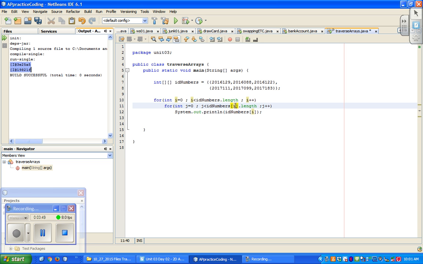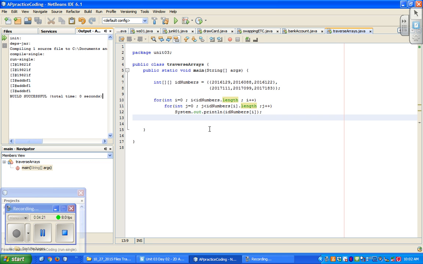The i is going to keep track of which row we're in, because remember, this for loop right here counts the rows. So I'm on row 0, and then this for loop is going to count the columns. So it's going to say for row 0, let's do column 0, column 1, and then when we're done, go back through and start this for loop again, and go with row index 1. So when I run this, it will print out my table